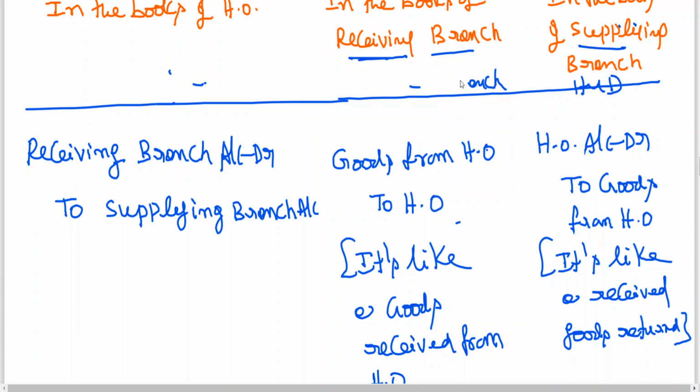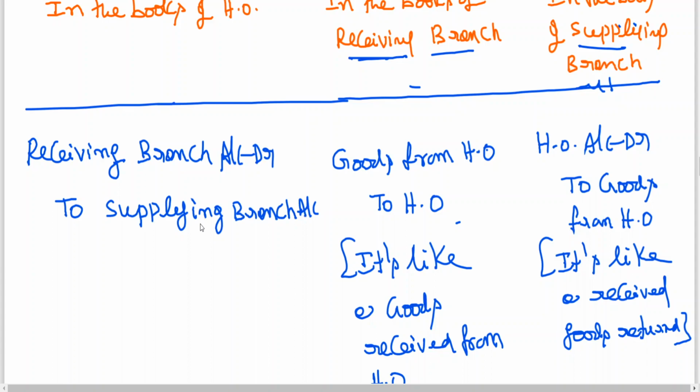But in the books of head office, they'll be writing receiving branch account at R2. Receiving branch means in this case, in the books of head office, Vijayawada branch account at R2. When Vijayawada is receiving, Vijayawada branch owes money to head office. And who is giving back? The Hyderabad branch. Hyderabad branch account is credited, so the balance of branch account Hyderabad will decrease. Branch account of Vijayawada branch will increase. Whenever head office supplies, the branch account has a debit balance; when the branch returns goods back to head office, the branch account balance will come down. Simple logic, my dear friend.